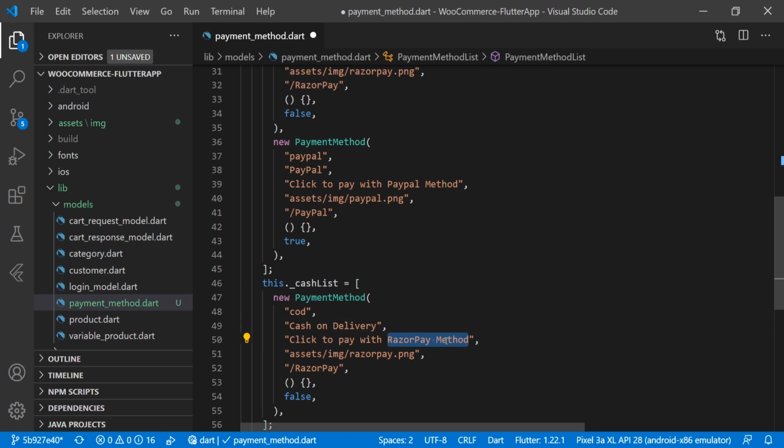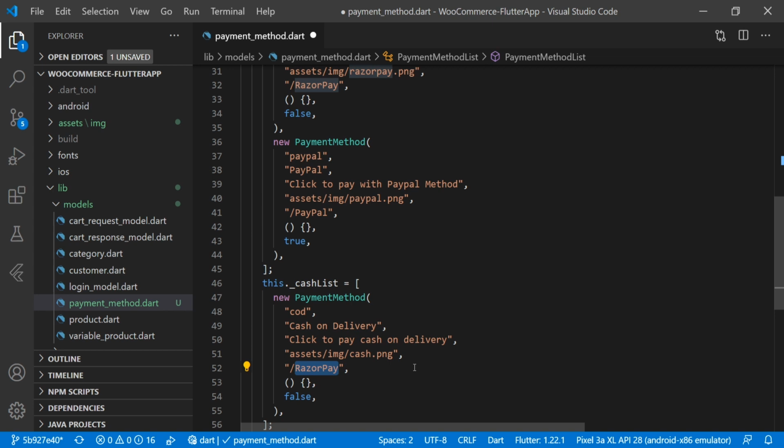And here we will write click to pay with cash on delivery, and here we will change the icon. We will name it cash.png,